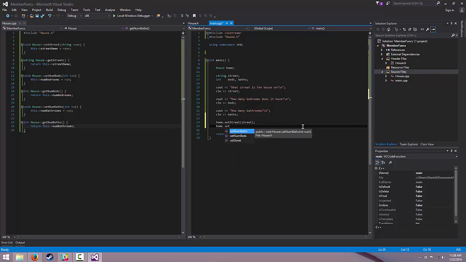Going to set the number of beds to whatever the user input in the beds variable. I'm going to set the number of baths to whatever the user put in the baths variable. And then we can print out some information about the house. Say that this house is on